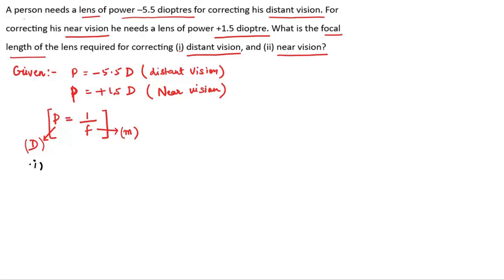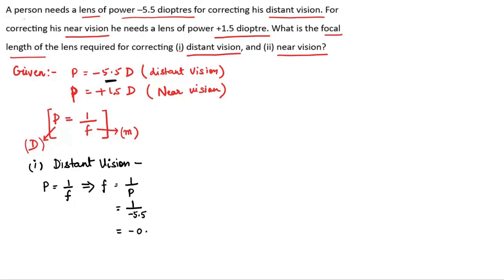Now let's find out the two parts. For part 1, we need to find for distant vision. So now using the above formula, P is equal to 1 upon F, we can also write F is equal to 1 upon P, right? So now substituting the values, 1 divided by power. For distant vision the power is given as minus 5.5. So solving this we get